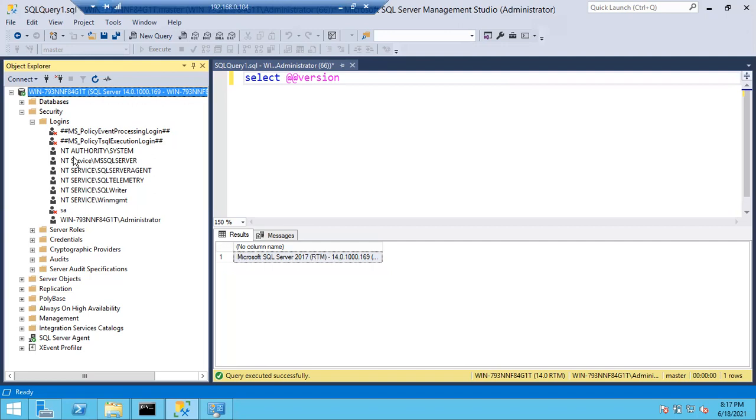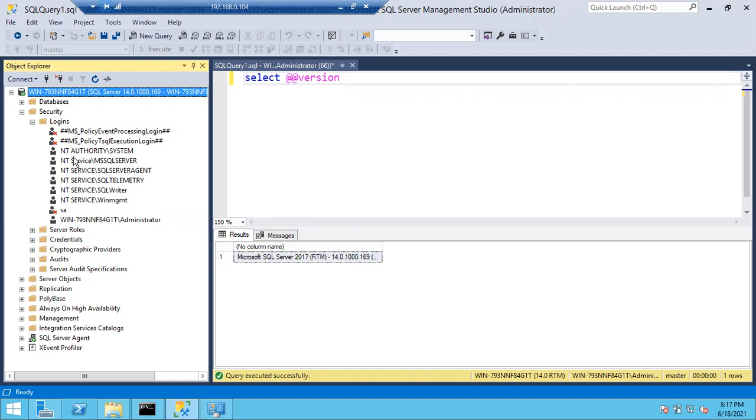Some people will simply raise a ticket: I need access on the server. What access do you need? What database do you need access to? What is your name? What is your login name? You have to ask a lot of questions while giving access, till you are clear, till you are safe. Try to grab as much information as you can from the users.